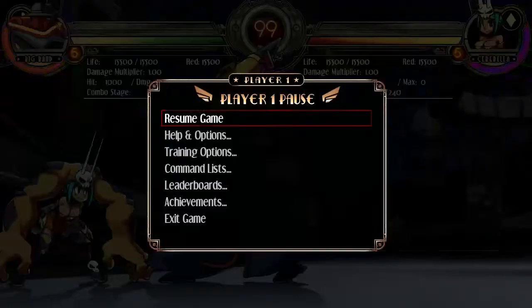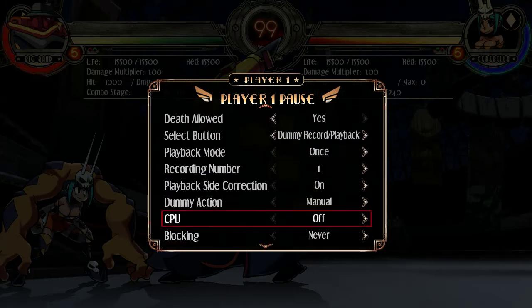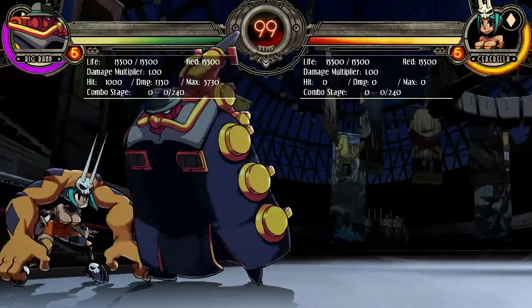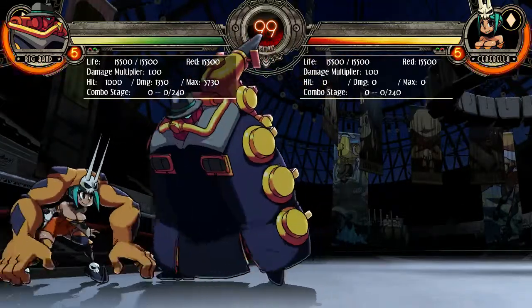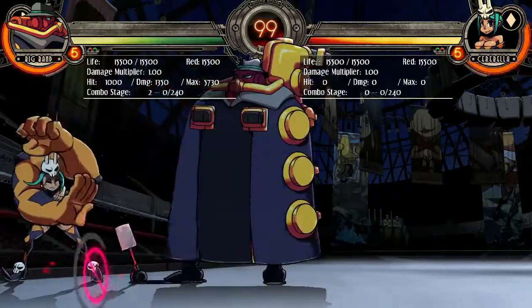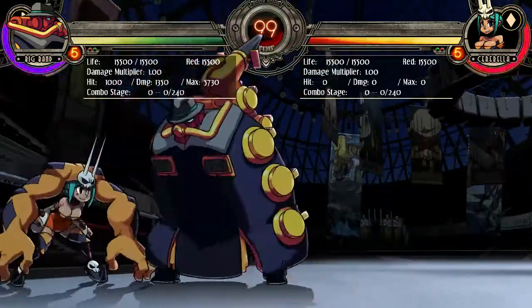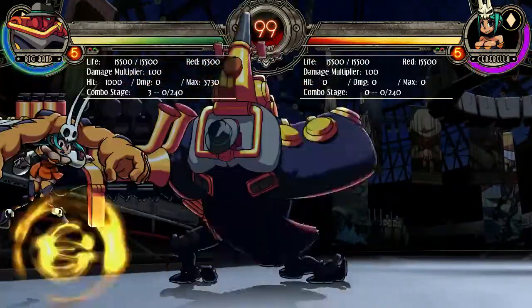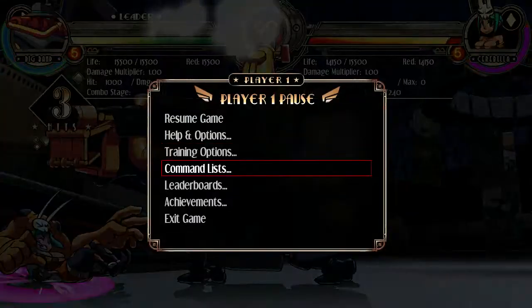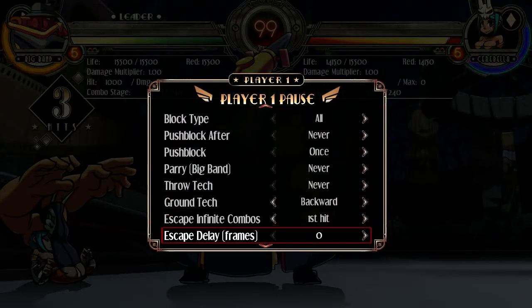I believe if I force block on the opponent, I could show you that better. So I believe you can force proximity block from a rather far distance, and if you time it right, you can get some pretty decent setups, or not safe setups, but, well, training options. You can get some pretty decent setups off of